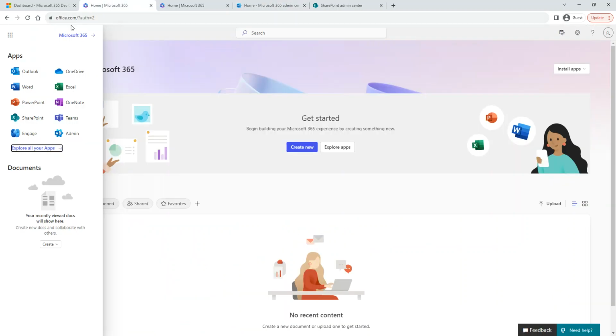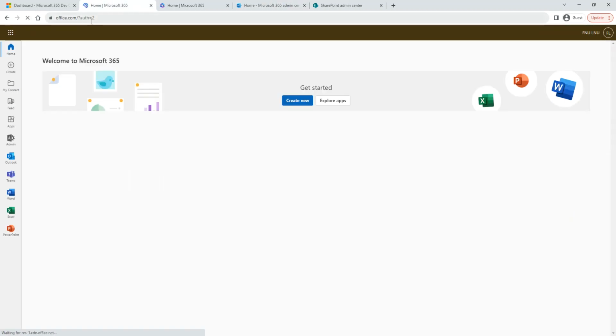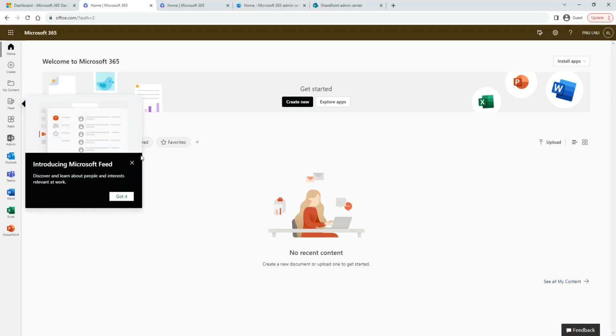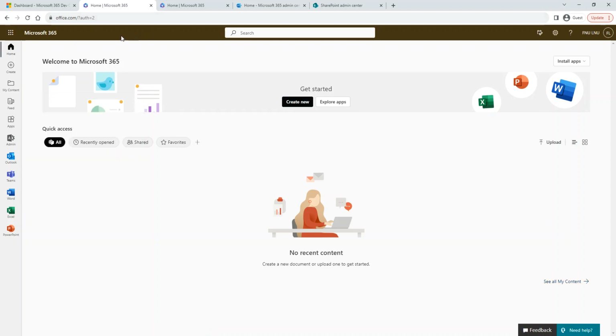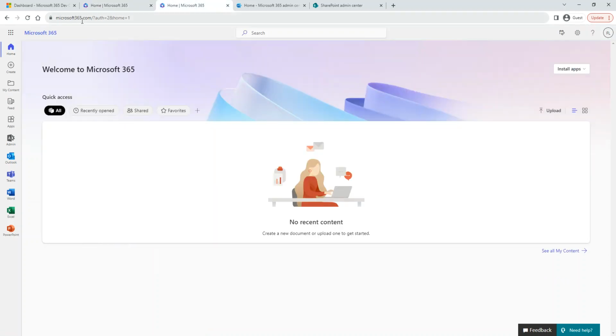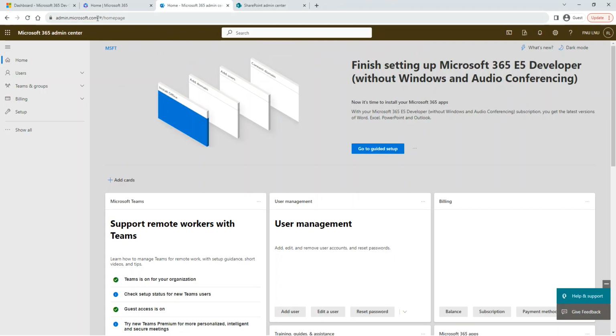Earlier, we were on a page that is office.com. As long as you're on office.com, you are on the homepage. Microsoft Office.com, Microsoft 365.com or Office.com, they are all the same. And then admin.microsoft.com, that's the admin center.